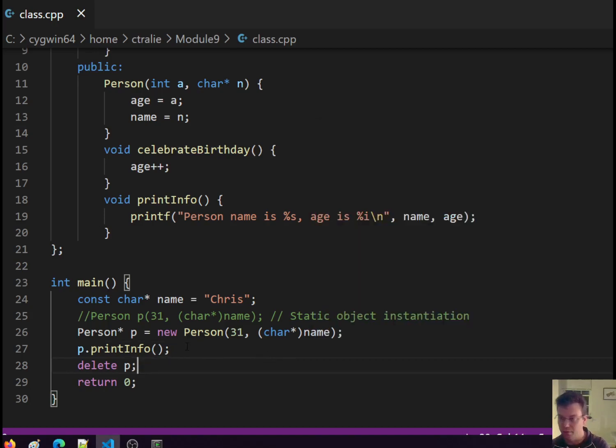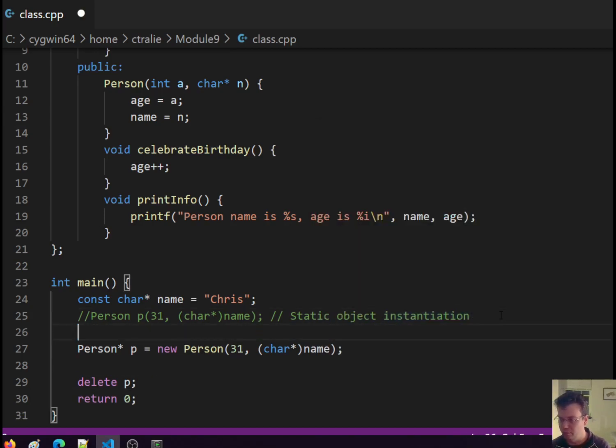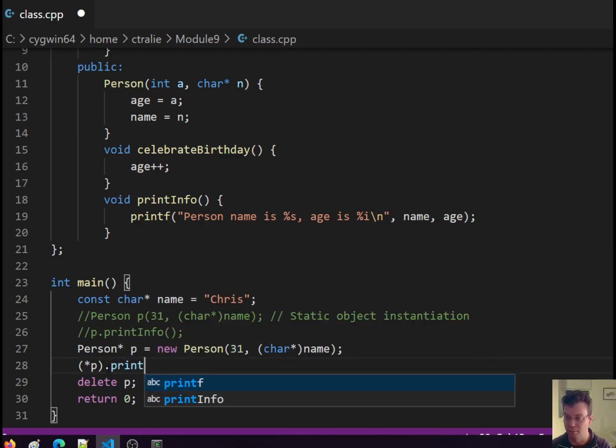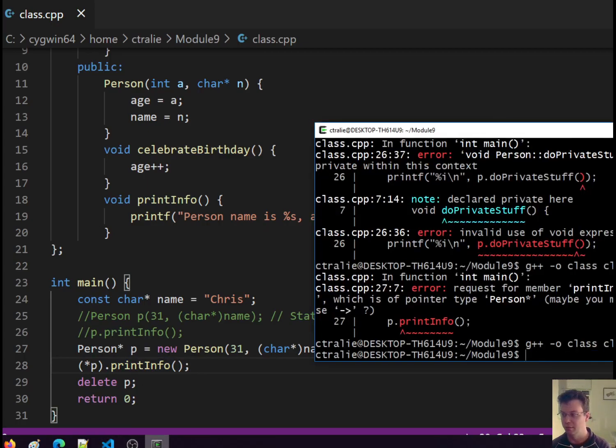So I actually have to do something a little bit different now to access methods and variables in a dynamic object. This is a pointer, so I have to actually dereference the pointer before I can call a method. So this will work now. So here's my dynamic object. And I just have to remember to actually go to the object in memory before I print info, because P is just a pointer here. So now it compiles just fine,